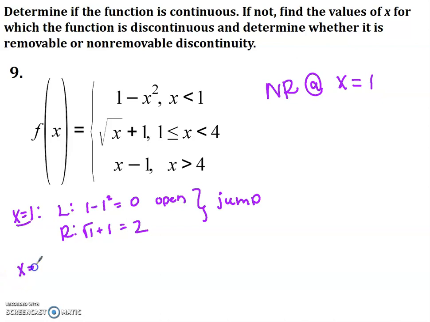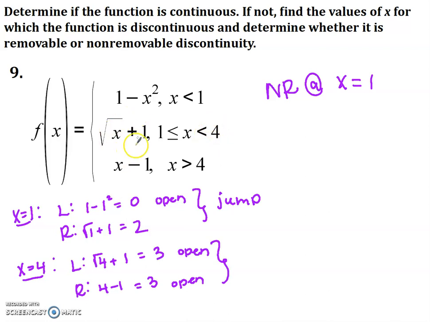Then the last place I'm going to look for discontinuity is 4. So when I plug in 4 to this equation, that's going to give me 3 with an open circle. When I plug in 4 to this equation, that's also going to give me 3 with an open circle, which is a hole. So that would be removable at x